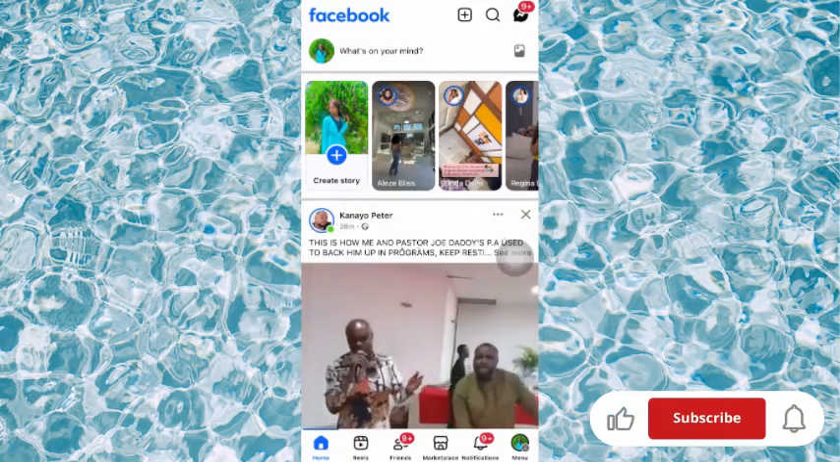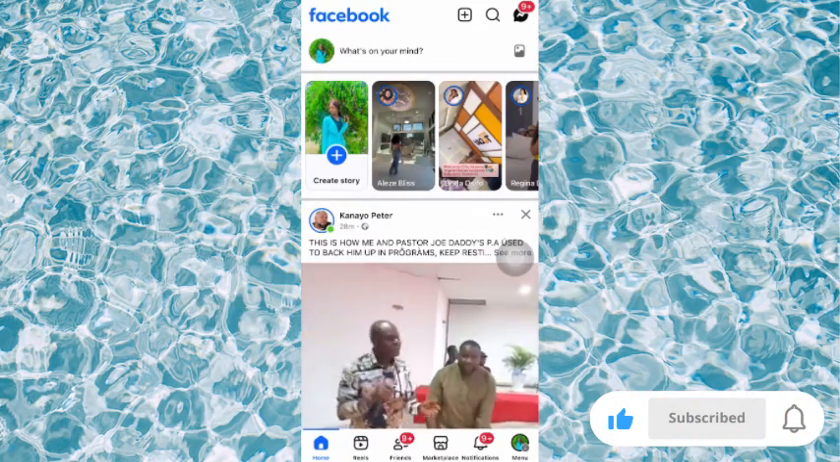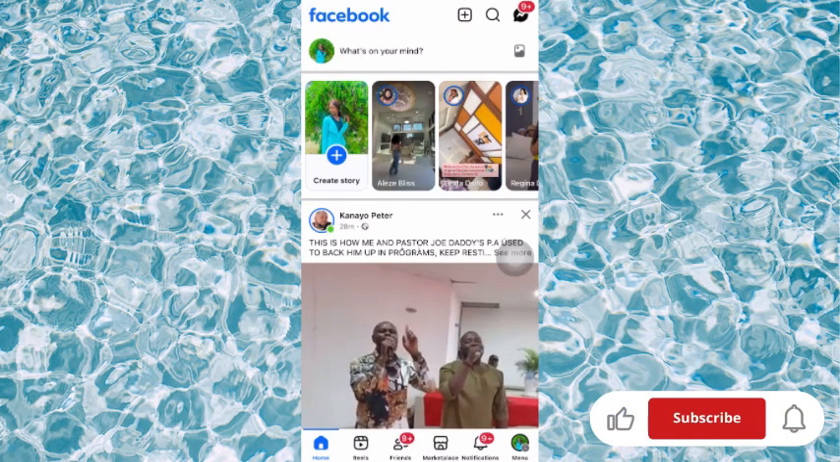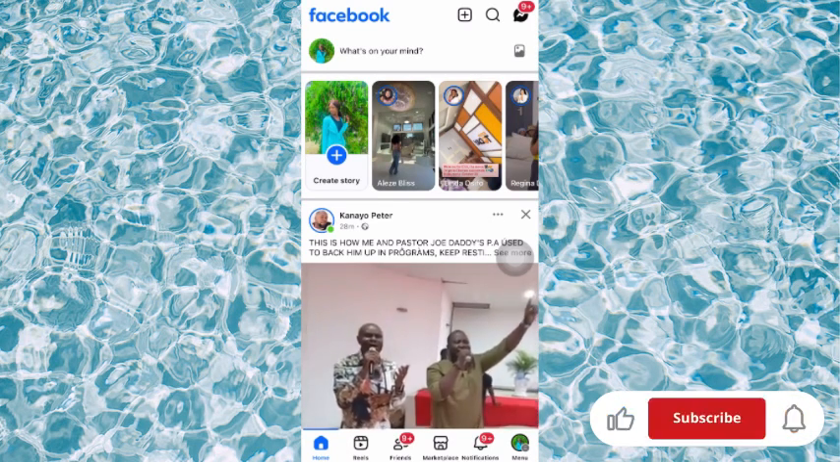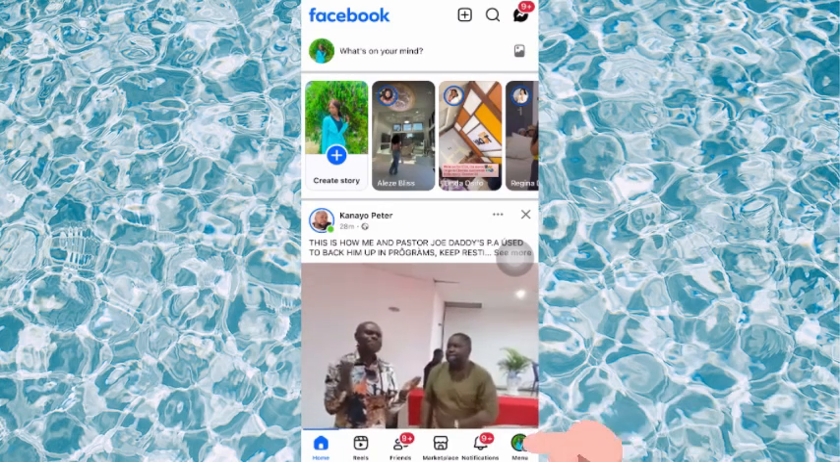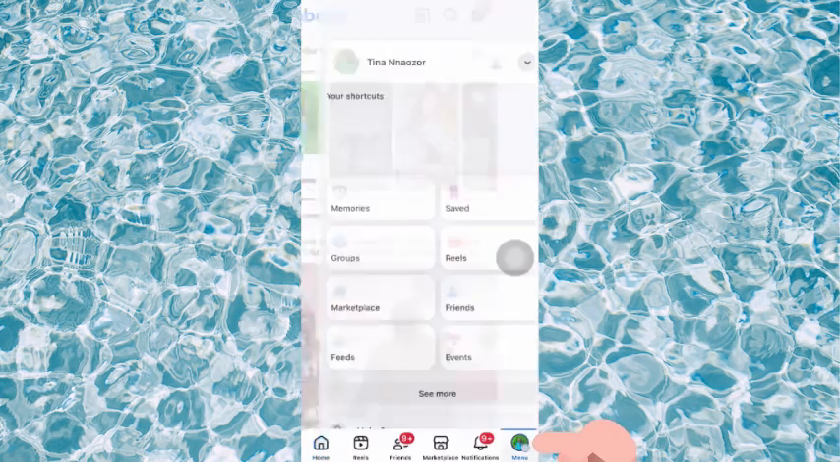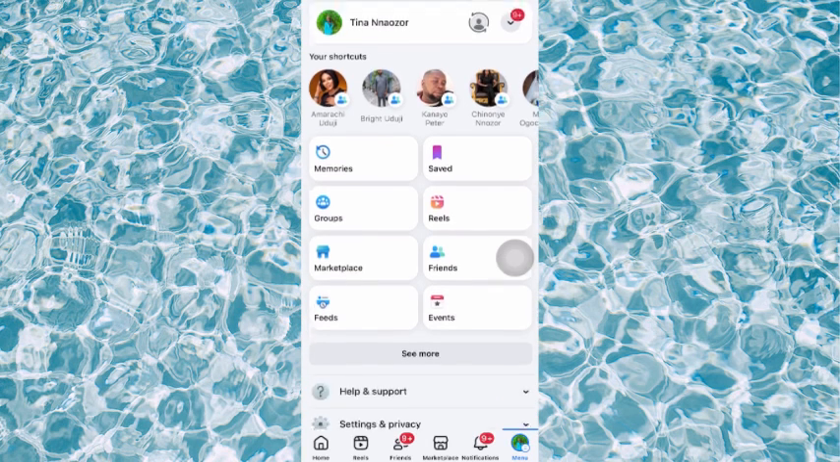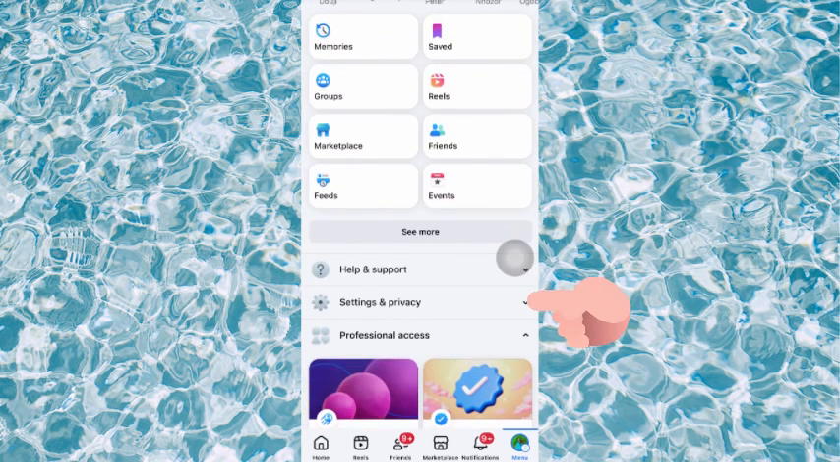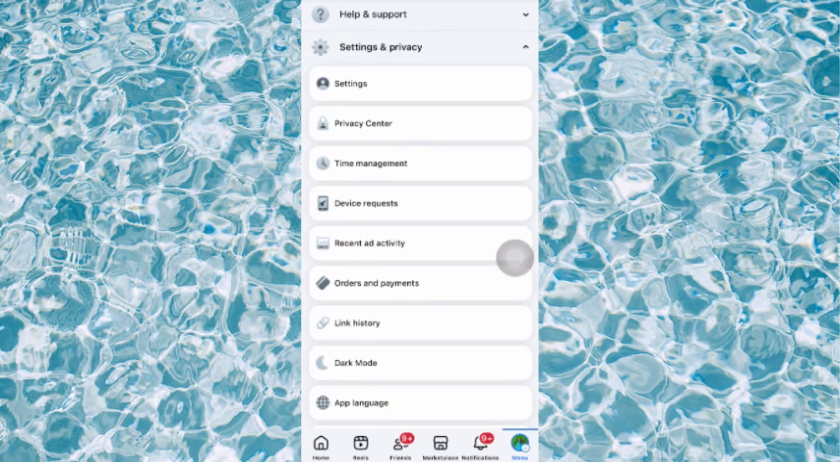So for whatever reason you want to change your name on Facebook, firstly what you have to do is go over to the menu, which is your profile, where your profile picture is showing at the down corner here. Let me go over to the menu and go over to settings, scroll down and go over to settings and privacy, and go over to settings,